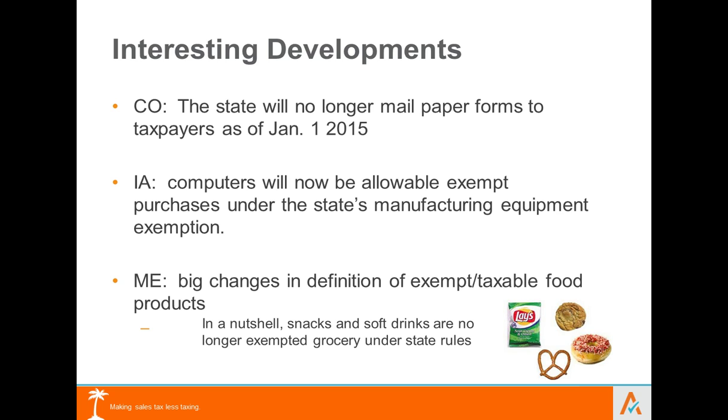In a nutshell, what they've done is they've added a whole slew of categories of foods that were previously exempted under Maine's broad food exemption, and they are no longer. And I know a lot of you on this call are probably not selling food in Maine. The point being, though, is that if you're involved with food, if you're involved with a restaurant or prepared food business, delivery is getting to be a big thing here in Seattle. You can get just about anything delivered to your house now, including booze or pot.